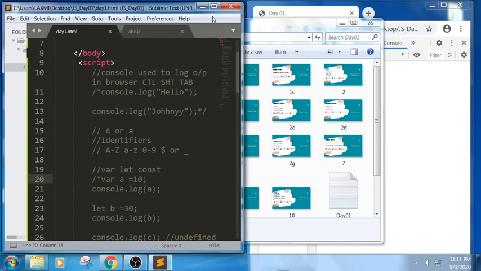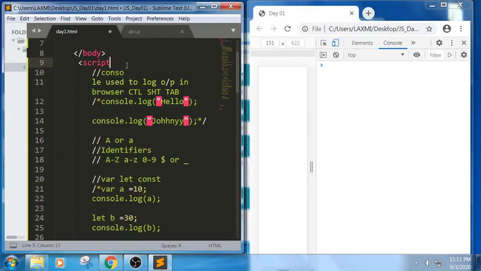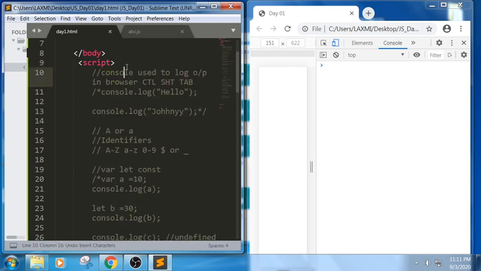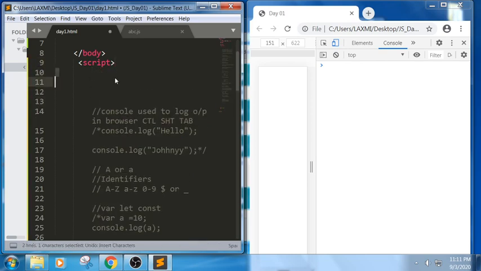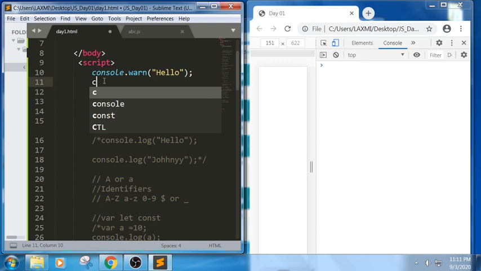And we have missed one more point. For example, in the console also, whenever you are trying to write, we have these messages also, like console.log. We have discussed console.log hello. It means we will get a hello colored message.